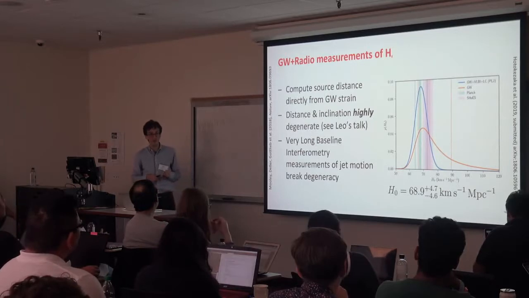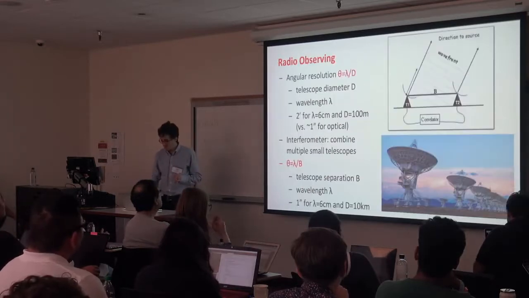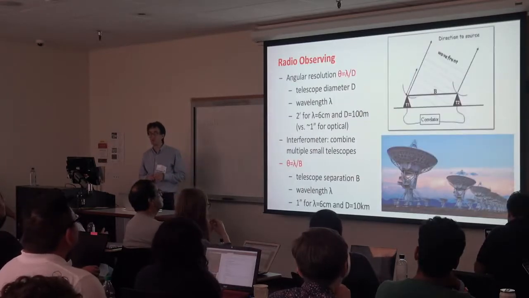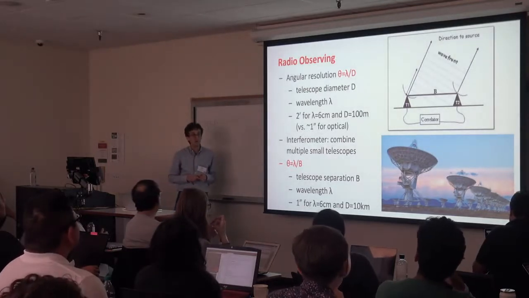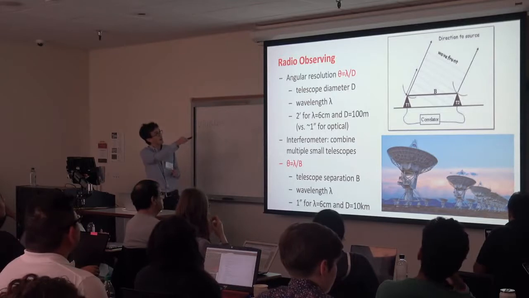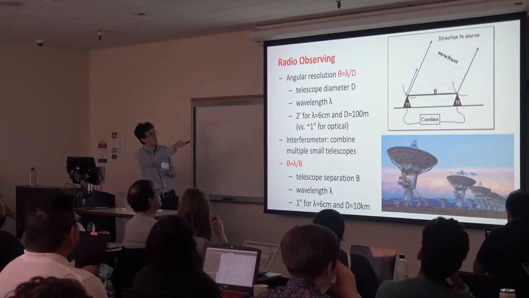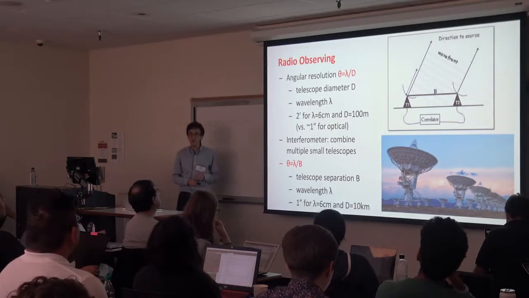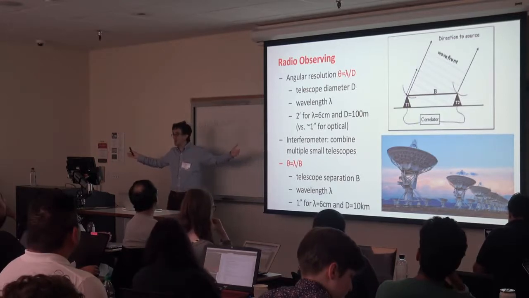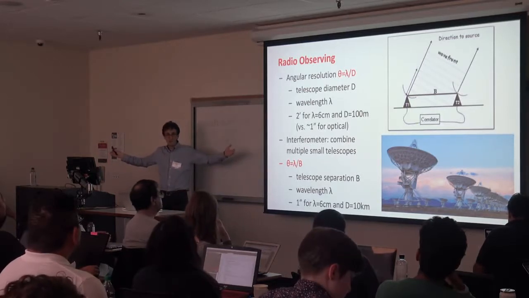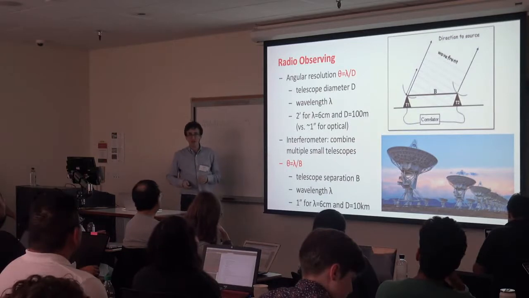How do we look at radio? Well, you're all probably familiar with the diffraction limit. The resolution of a telescope, any telescope, is fundamentally limited by lambda over D, wavelength lambda, telescope diameter D. Now, radio telescopes, they don't have to be polished glass. They can be pretty big. We have fully steerable telescopes that are 100 meters across, and even bigger telescopes that are up to,